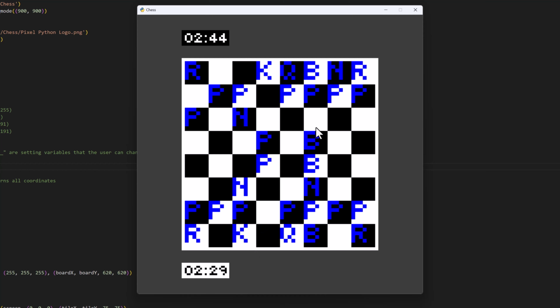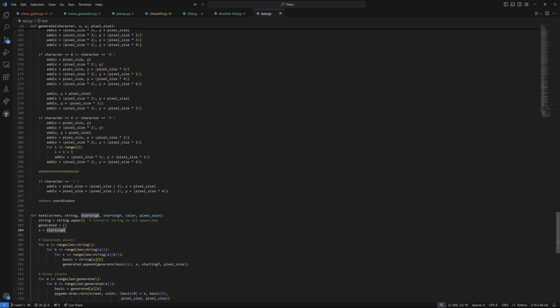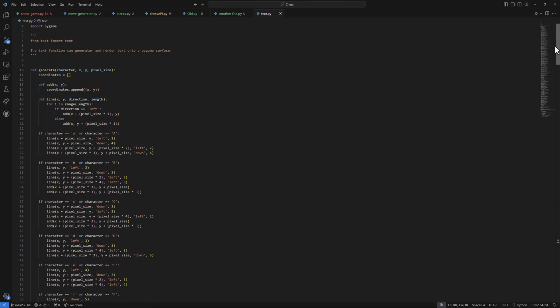But that's that. If you do notice, it's the text that is unique in this situation because this is not a Pygame font and this is not a Windows font. So I actually made my own text engine for Pygame. And here we are at it. It is every single English character